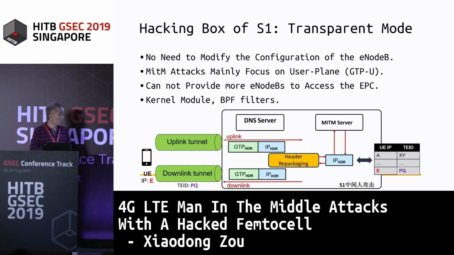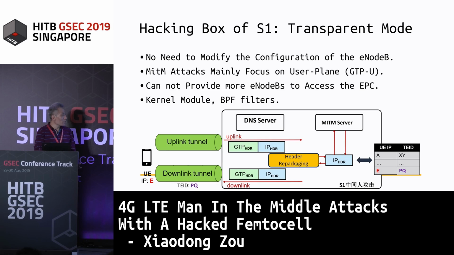If you find a GTP packet which contains the address of your target, maybe a web server, a bank, or Facebook, I don't know, so you find this, and